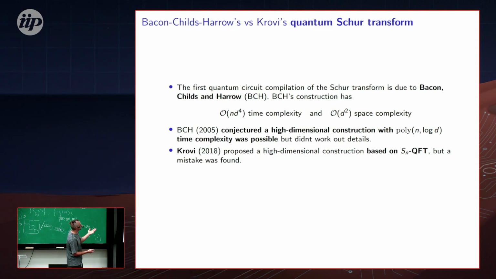It was developed by Bacon, Childs, and Harrow in 2005. The construction has a time complexity that is n times d to the 4. So it's polynomial in n and d, and d squared space. Here you need to notice that